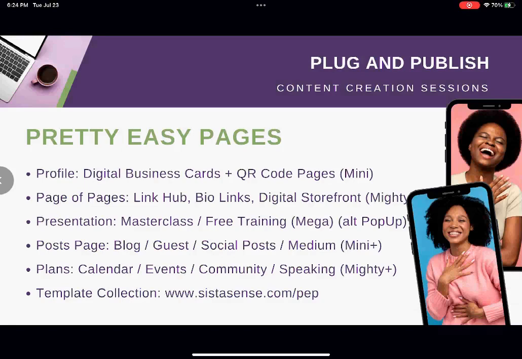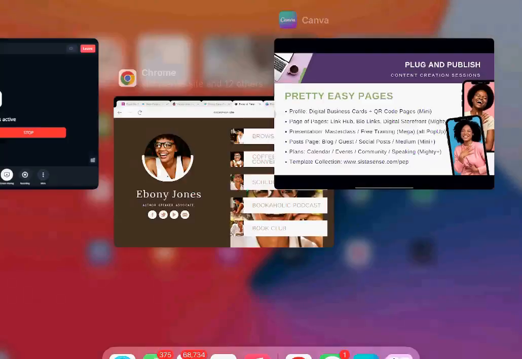One of the things that I want you to be able to do is to have a place to showcase that content, okay? Creating a page where people can go and watch your video content. There are a lot of platforms that you can potentially spend a lot of money, $50, $100, $200 a month to showcase your webinar replays. And literally, you could do this inside your Canva account, okay? So one of the templates that I'm going to share with you today